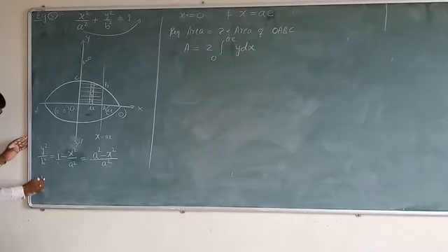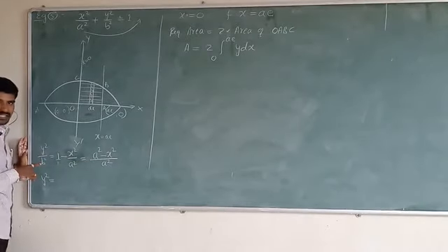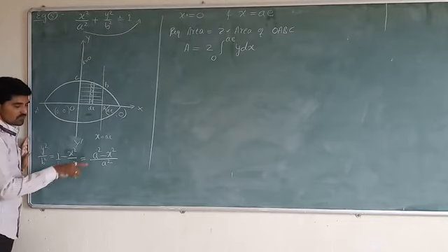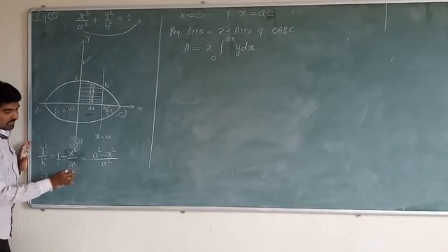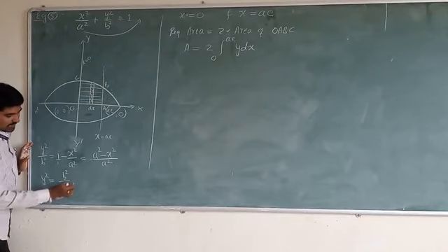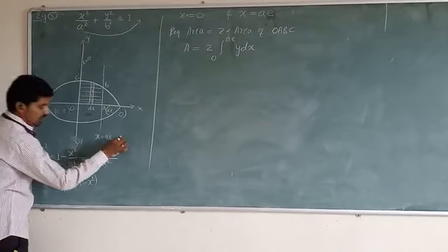Therefore, the value of y square is equal to, shift this b square towards the RHS side. So here it is in the divided form, so when you shift towards the right hand side, it becomes a multiple form. So b square divided by a square into what? a square minus x square. I hope all of you understand.